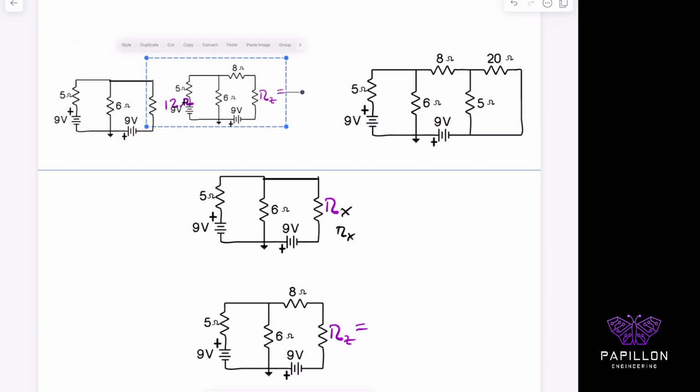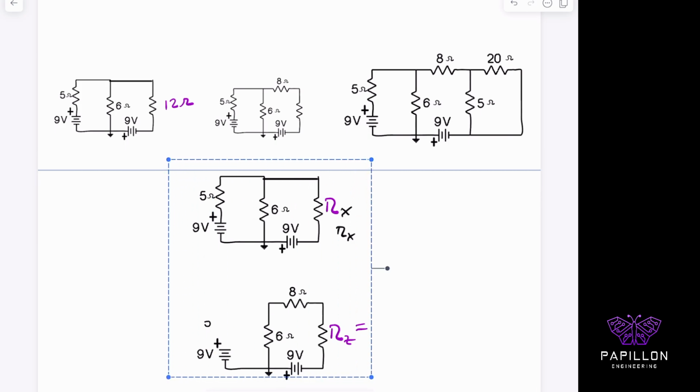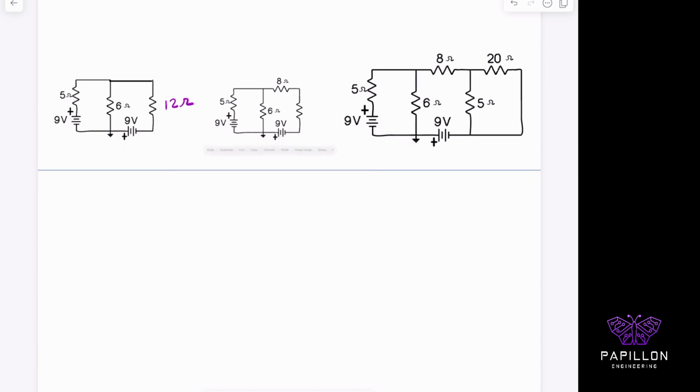Okay, so now we have all three variations of the problem. I'm going to remove the stuff that's unnecessary for now. Remove this too. And now we have all three steps. And what I'm trying to say, which is critical, is that all three of them are equivalent to each other. Okay, they're all the same circuit, just